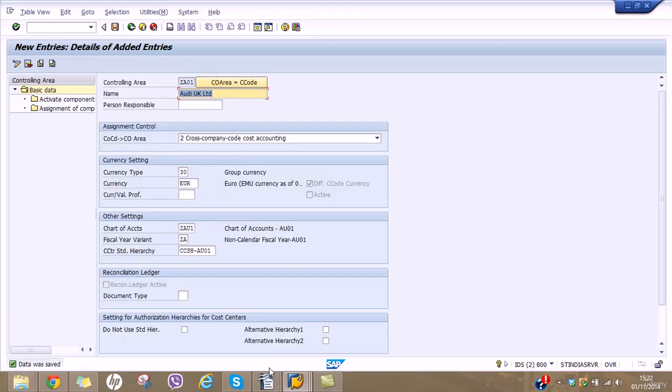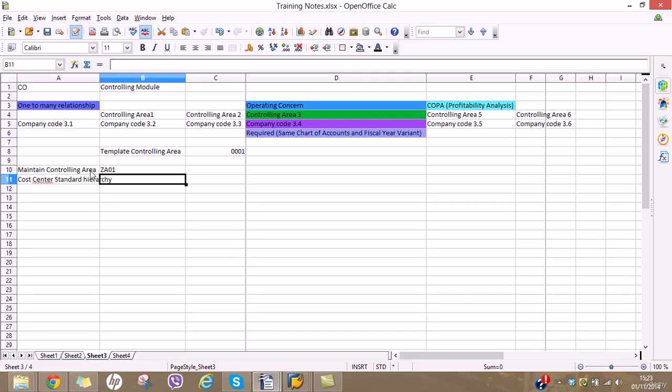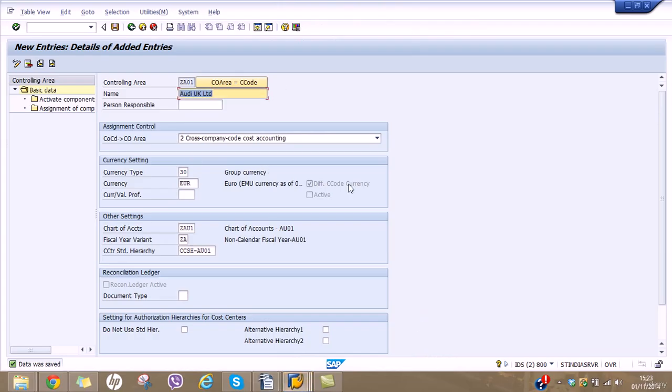So we have maintained the controlling area, ZA01, and the cost center standard hierarchy is CCSH AU01. After this,